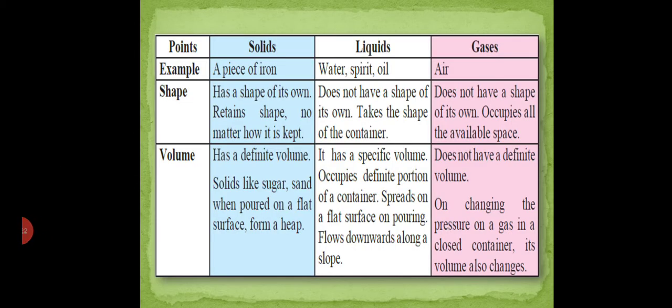As you can see in this image or this table, what are the properties of solid? Solids have their own shape. No matter how it is kept, the shape of the solid will not be distorted. Solids have a definite volume. Solids like sugar, sand, when poured on the flat surface, form a heap. Whereas liquid